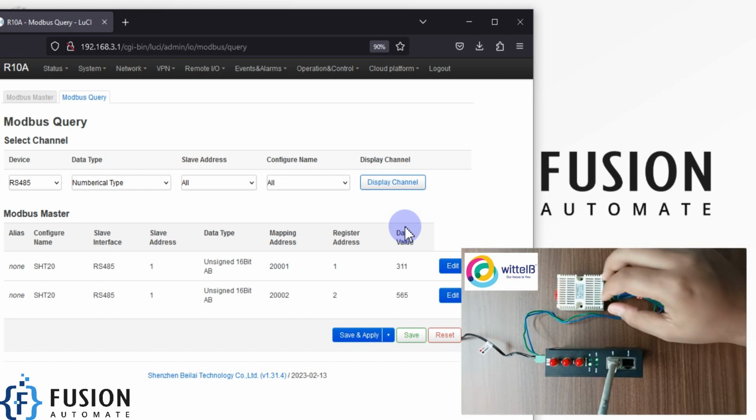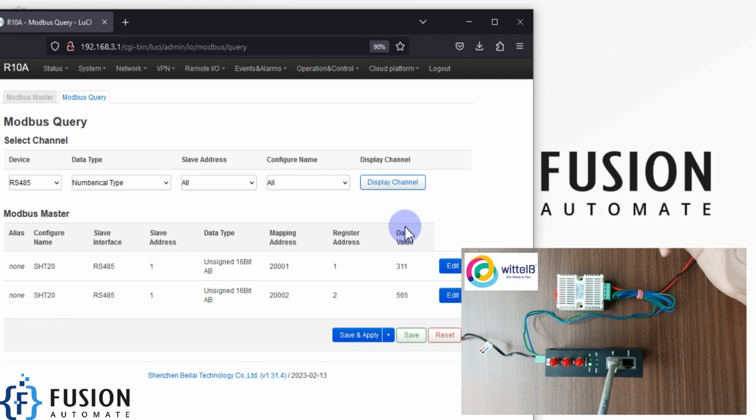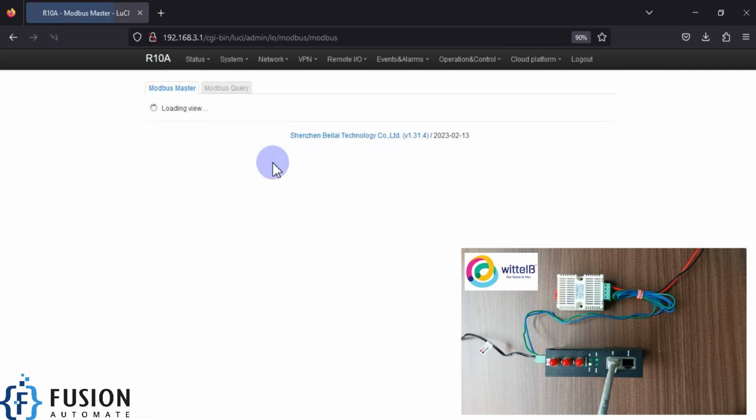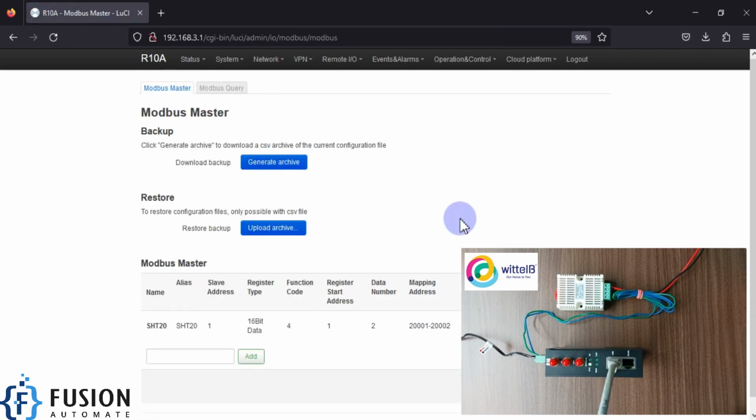To publish the Modbus serial device data to an MQTT broker, you also have to follow this step. You also have to add this device in the Modbus master, and after that you can convert this data into MQTT data. We will see in the next video how this device is useful to convert your Modbus serial data into MQTT data. So stay tuned for the next video, where we will see Modbus to MQTT conversion using